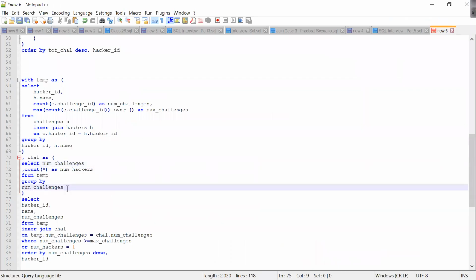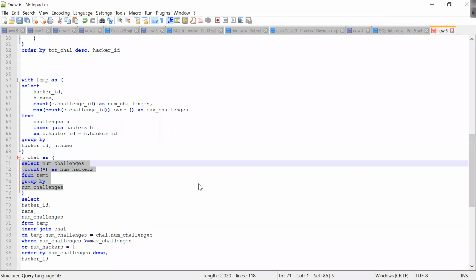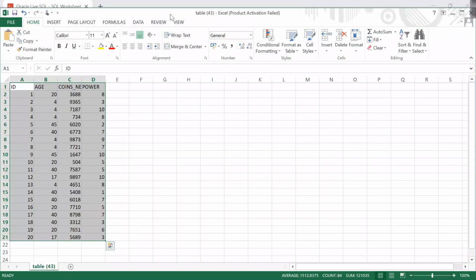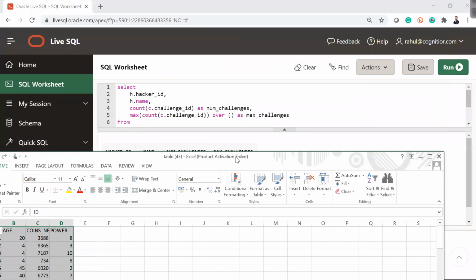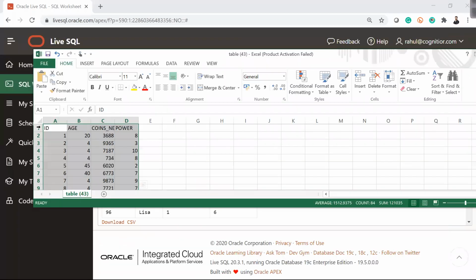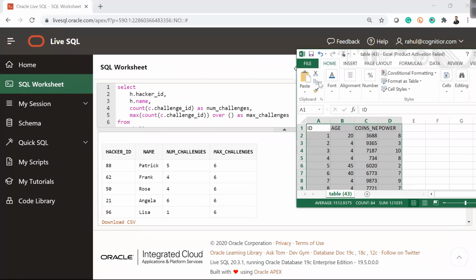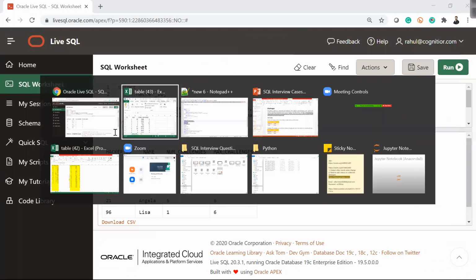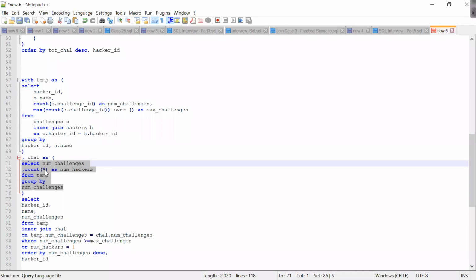So here I'll get the output something like, let's try to replicate it in Excel. The output will be something like this table, and my query is saying select num challenge comma count from this group by num challenge.